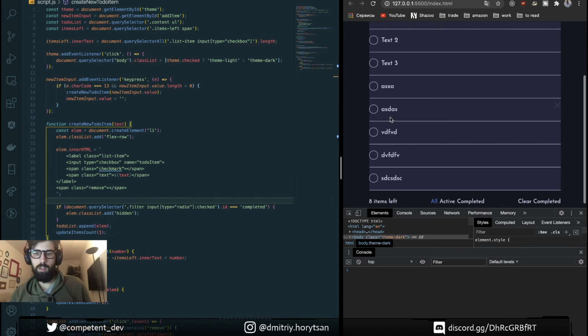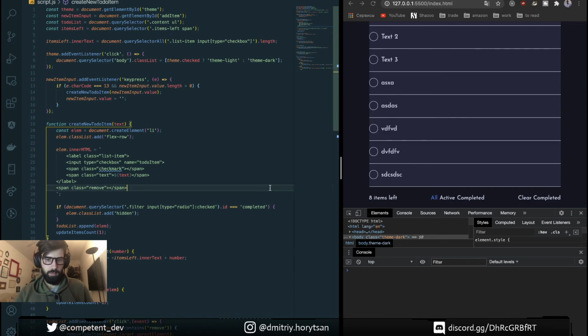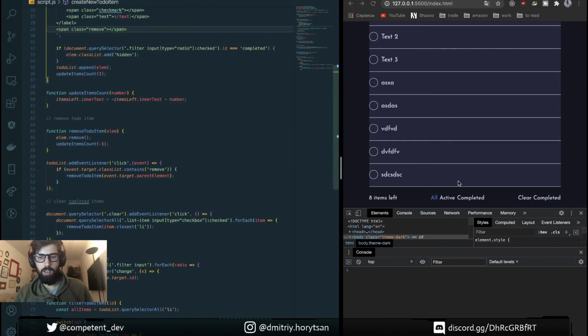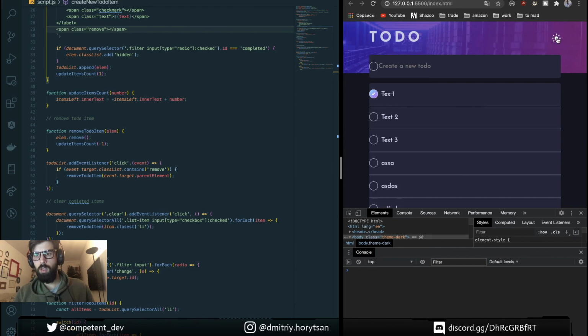So the JavaScript part seems ready. The last thing that we need to do is some styles adjustment.